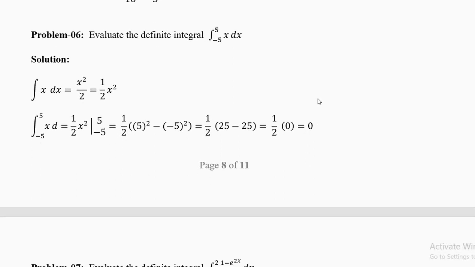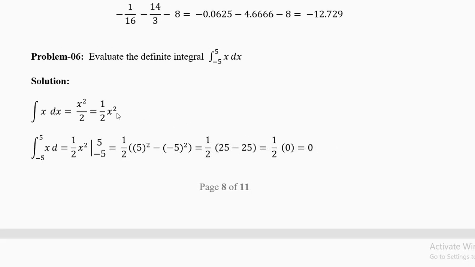Now next we'll do a very simple one-line integral. Integrate x from minus 5 to plus 5 with respect to x. Now don't look at plus 5 and minus 5, sorry, minus 5 and plus 5. You always say a first and b second. Then x dx is x square by 2. You write this half outside like this, half x square. Now you put the numbers 5 to minus 5, you'll get half outside, 5 square minus minus 5 whole square. You'll get 1 by 2, 25 minus 25. Because minus 5 whole square is 25. 25 minus 25 is 0. Half into 0 is 0.